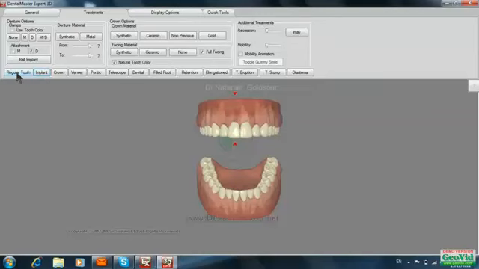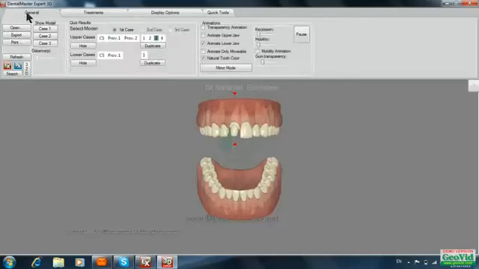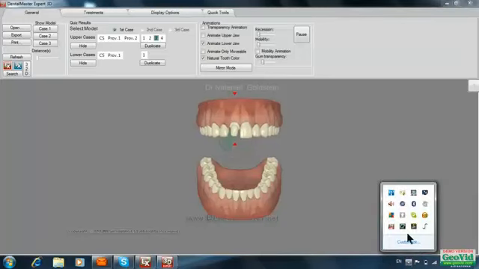Or we can have it as a regular tooth, crown, veneer, just a pontic and losing the tooth here, a tooth stump, and so on. This was a very short introduction into the basic functions of the Dentalmaster software. We will continue with the next